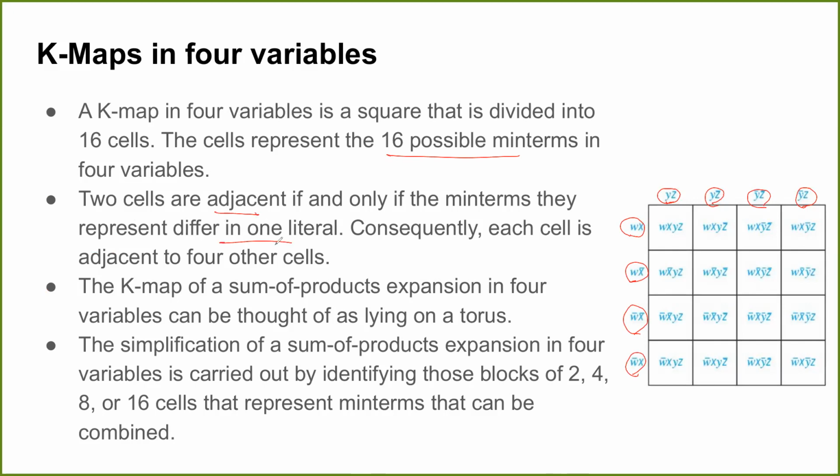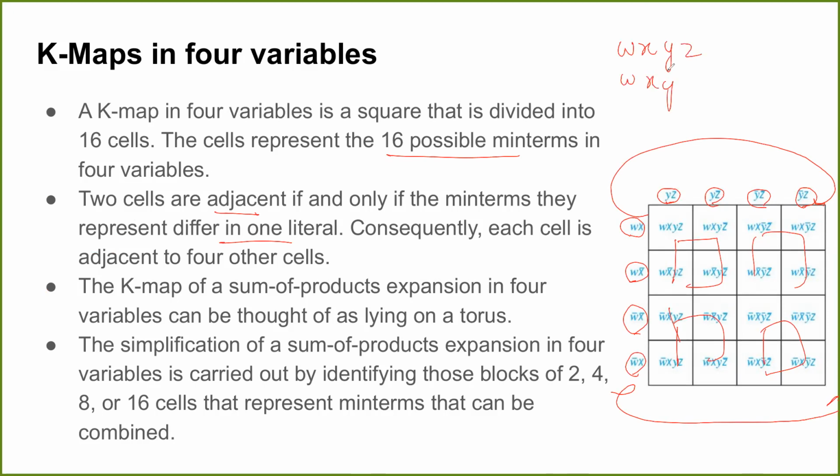Now how do you visualize what all possible groupings you can do? These groupings are directly visible, and it also wraps around like this. You can see it for yourself: if you check W, X, Y, Z, and the other is W, X, Y bar, Z, they differ in only 1 literal. So all these terms are adjacent. Any other thing which will come with this new dimension? Left and right are wrappable. There's a wrap around between the left and right sides, which was also there in 3 variables.